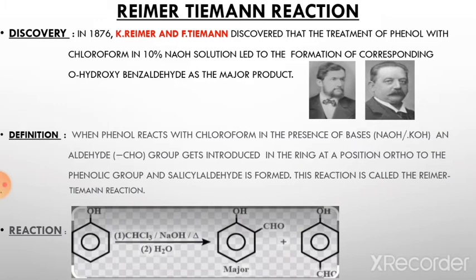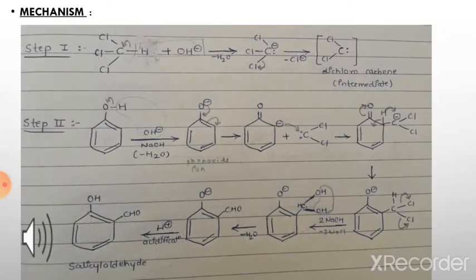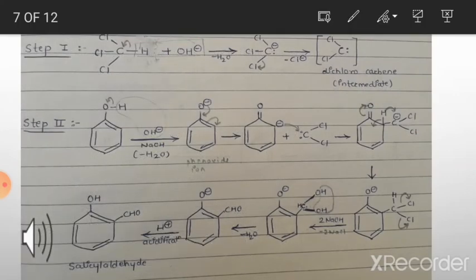acidification. Phenol, as we know, OH in phenol is an ortho and para directing group and forms the product with ortho and para position, but the product with ortho position is formed as major product as there is intramolecular hydrogen bond between partial negative oxygen of OH and partial positive H present in CHO. Next, let us see the mechanism of Reimer-Tiemann reaction.